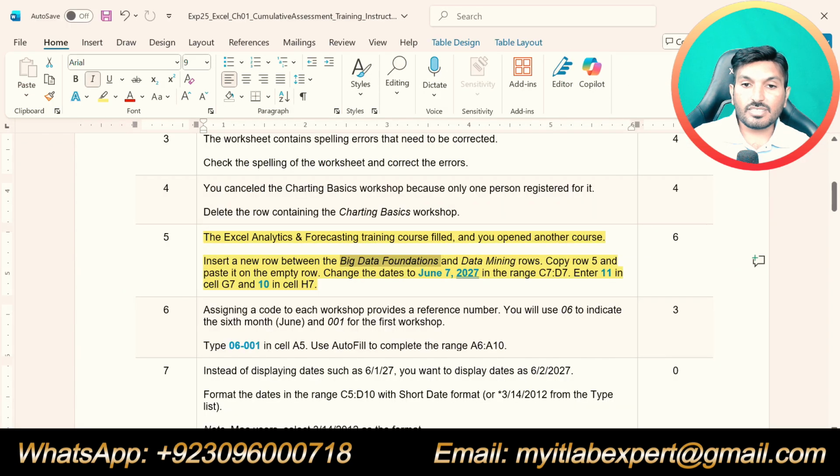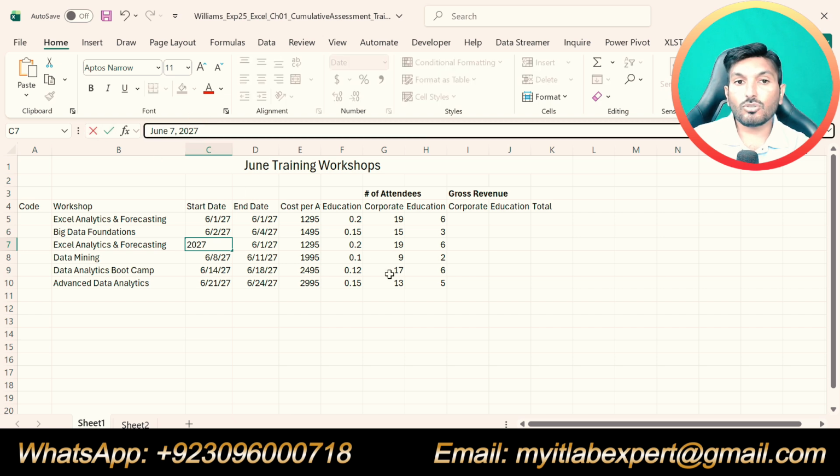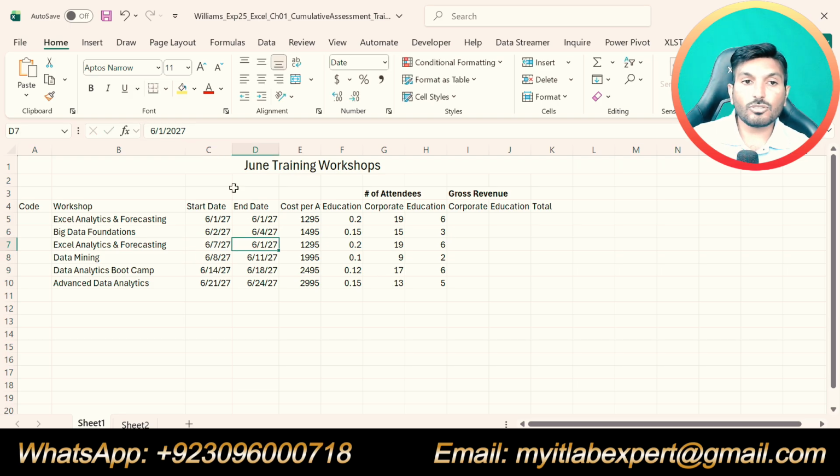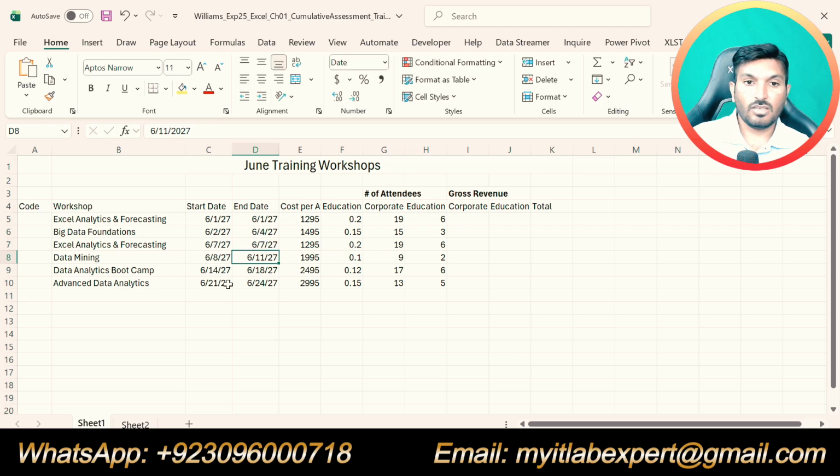Now it says change the dates to June 7, 2027 in cells C7 and D7. Cell C7 is here. We are supposed to change the date to June 7, 2027 and also in cell D7.